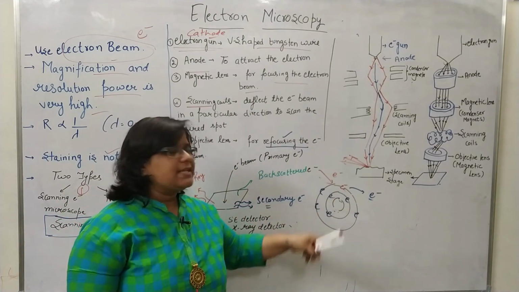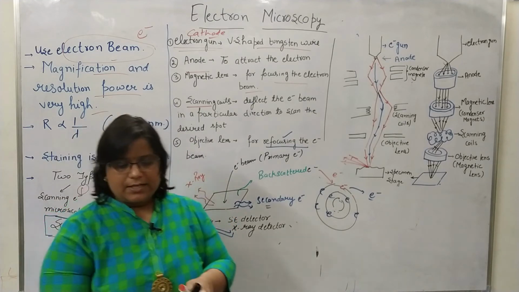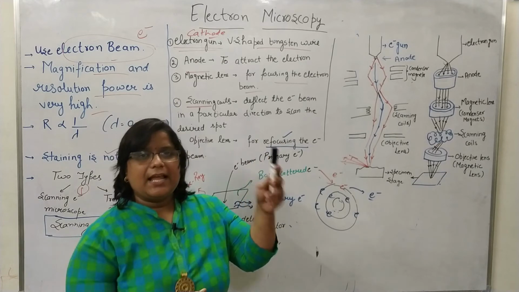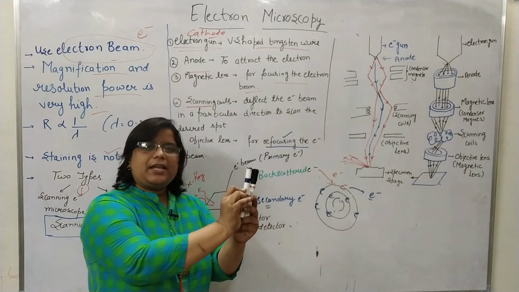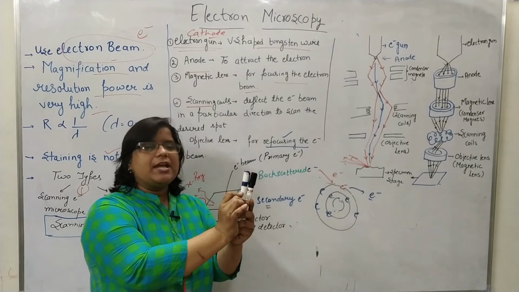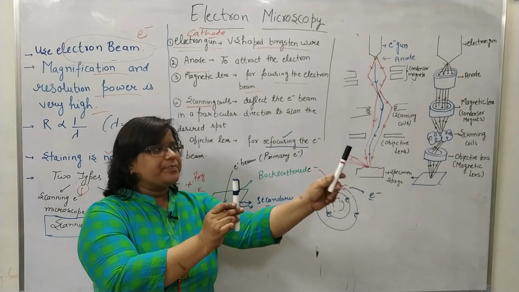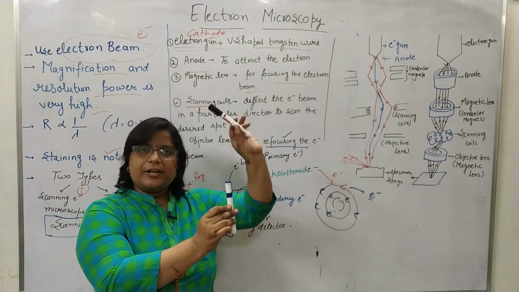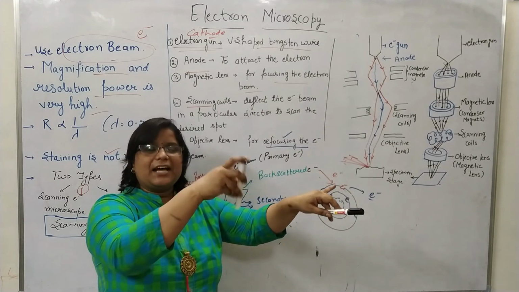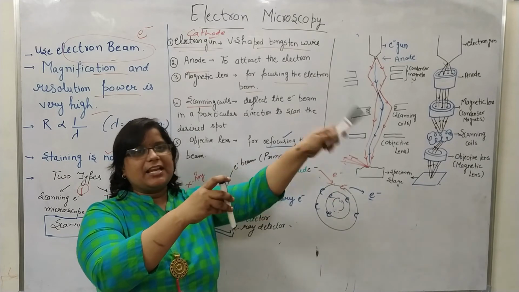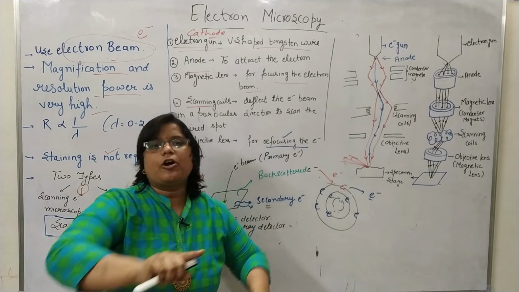Okay, so this electron is known as the secondary electron. Suppose that this electron is revolving in the shell and this electron is the primary electron. This primary electron will hit this electron, sit in its place, and throw it out of the shell. Now this electron will be removed from the shell, and this primary electron becomes the revolving electron, and the electron which was previously revolving in the shell becomes the secondary electron.